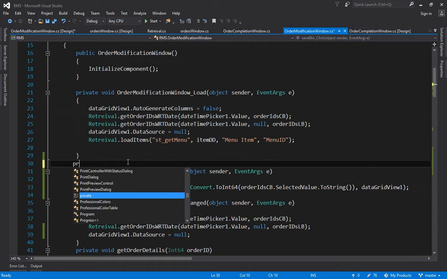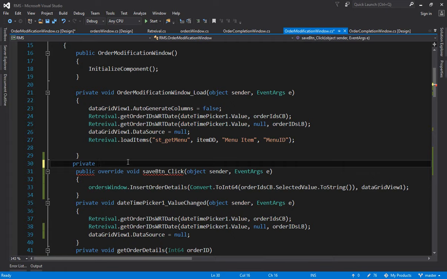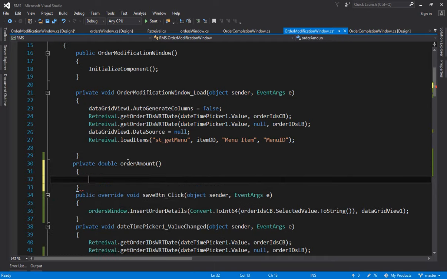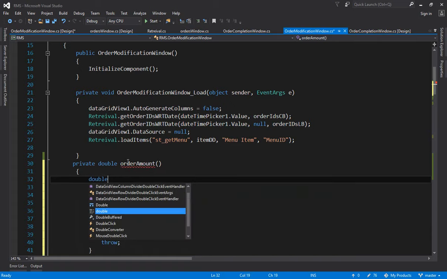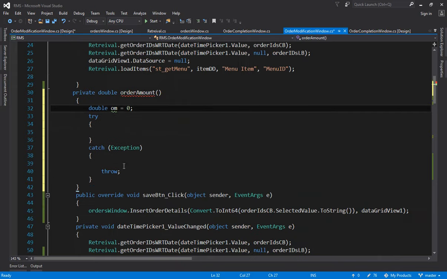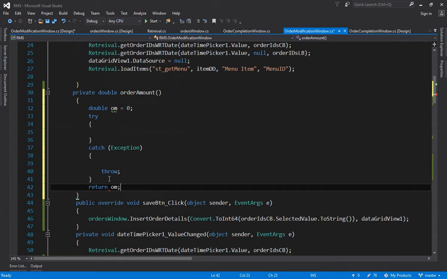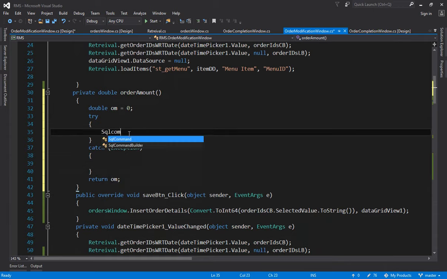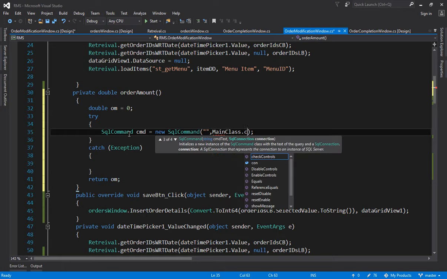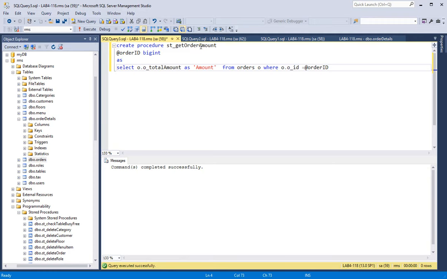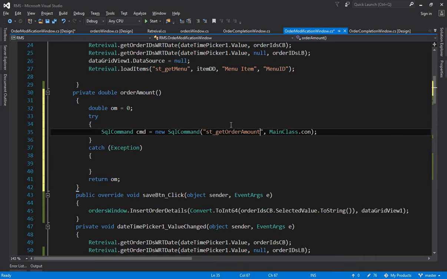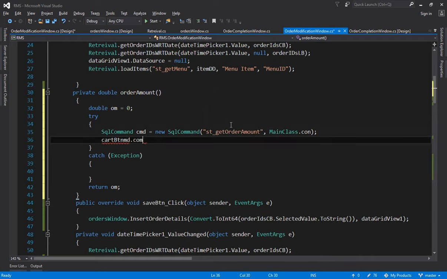Before this, I am going to write a private double order amount, and then come inside, write try catch, and here you can specify double order amount equals to 0 by default, and write return order amount, and remove this exception, and now write SQL command cmd equals to new SQL command, and then here you can specify your procedure, then main class dot connection, and then copy this get order amount and paste it, then cmd dot command type is equals to command type dot stored procedure,